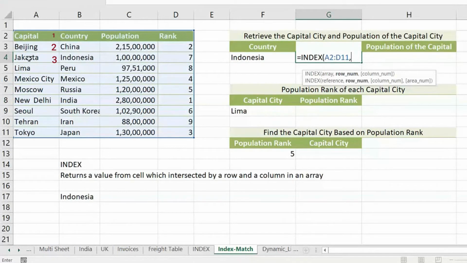So if I know the mechanism of finding the row number of my searchable value, make a note of it: if I get the row number of the searchable value, I will get the row number of the retrieving value. The row number is most important here.